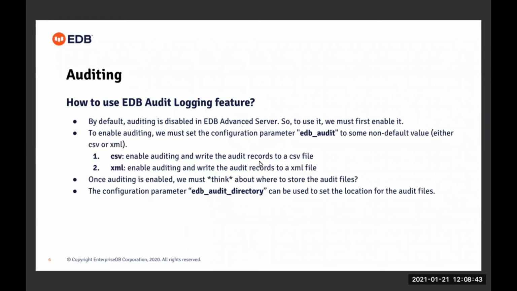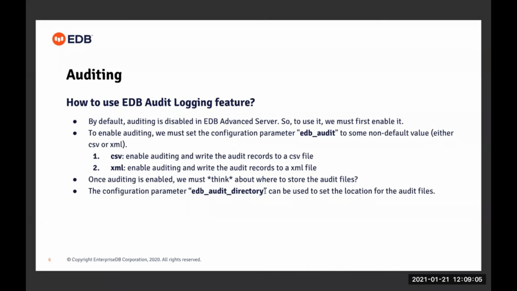Once auditing is enabled, we must think about where to store the audit files. For this, we have another configuration parameter called edb_audit_directory. By default, this parameter is set to a location in the data directory, which means all the audit log files will be generated inside the data directory.